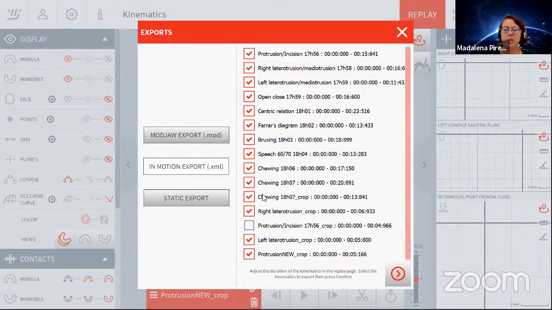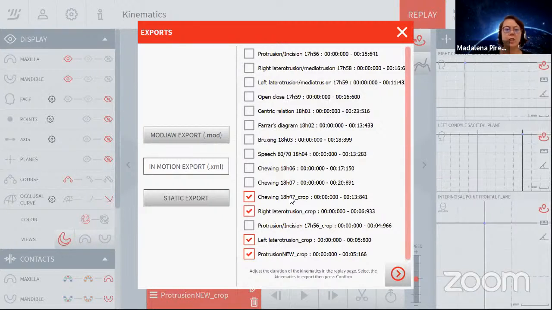I have the last chewing cycles that I also cropped, and I don't want any other of this. I don't need this for Exocad. None of this is needed. And so I'm just going to export the movements that I need: right and left lateral protrusion, and some chewing